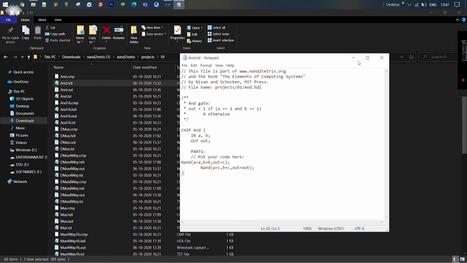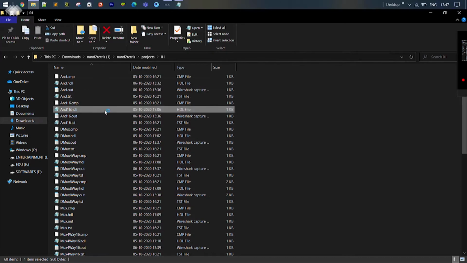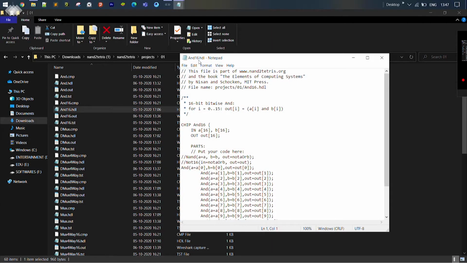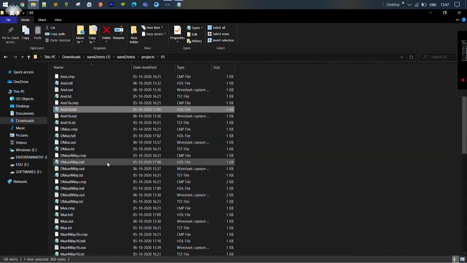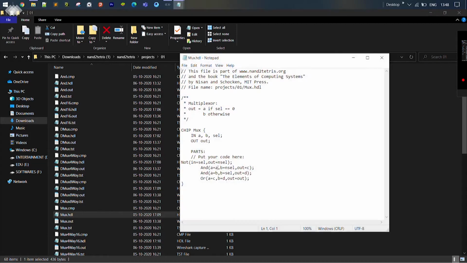In others, like in And16, we are using And, and when we go to Mux, we use And and also Not. So this Not, one sec, see, this is Not.